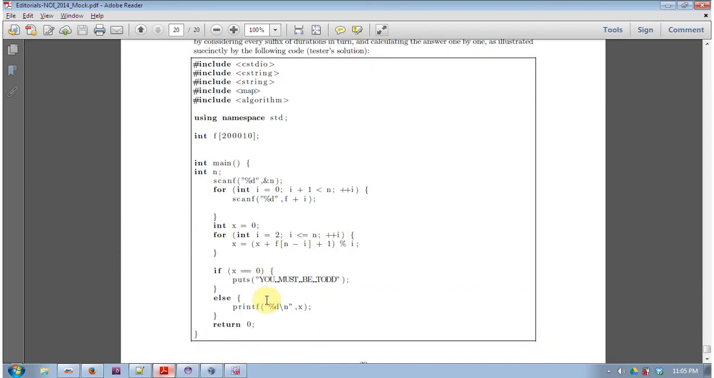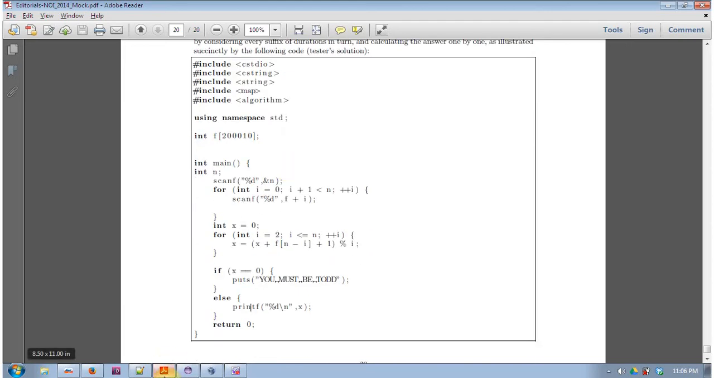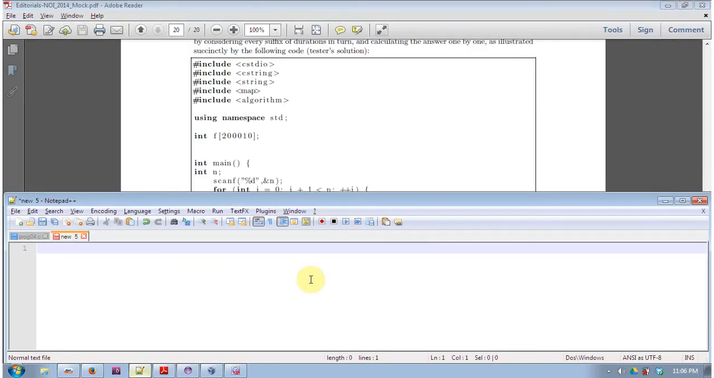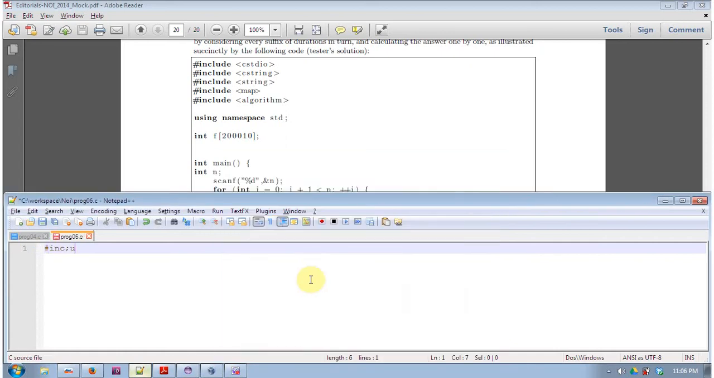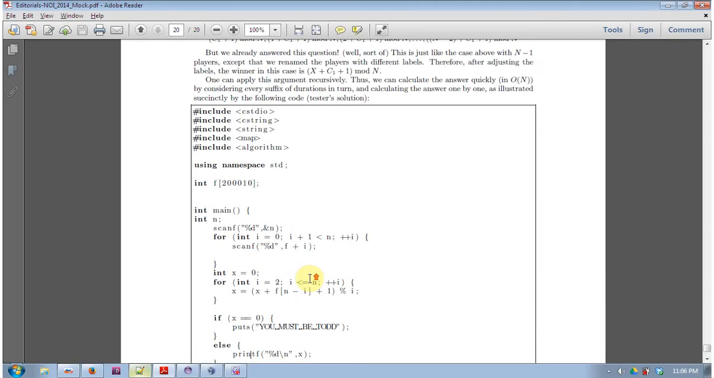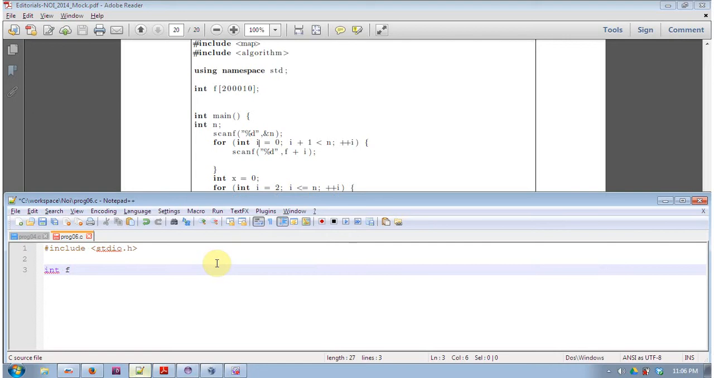Okay, so actually, it's better if we implement the algorithm. Instead of puts, we'll be using printf. We delete this, except for stdio.h. I guess this is implemented in C++, but we'll be using C for this case. I really don't get why this one is 200,010, but if we just use 200,000,